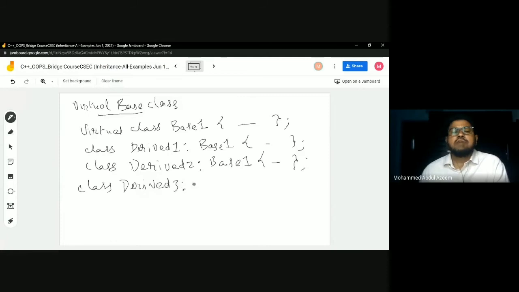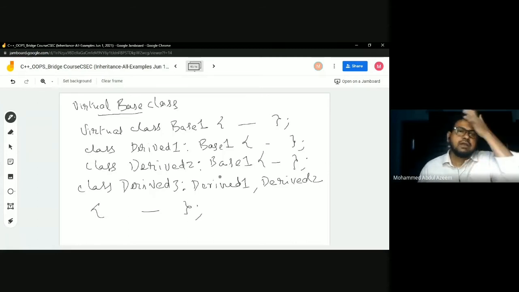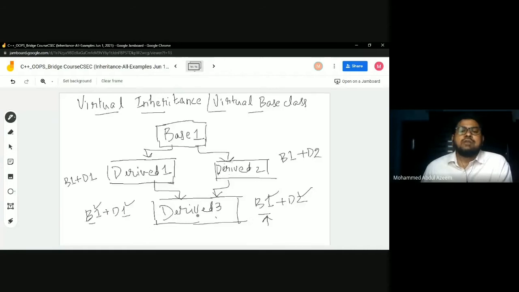Then I have a derive three class. At derive three, I am inheriting both derive one and derive two. I'll be going with the normal way of inheriting. When you have multiple classes to be inherited by a single class, separate them with a comma, right? So you can then have its code. Got it. See, what have I done? The only change I have done in order to eliminate the duplicate copy of the base class being made available at derive three, coming from one and two, is declaring base one as virtual. This is the first solution, right? You can see the solution here.